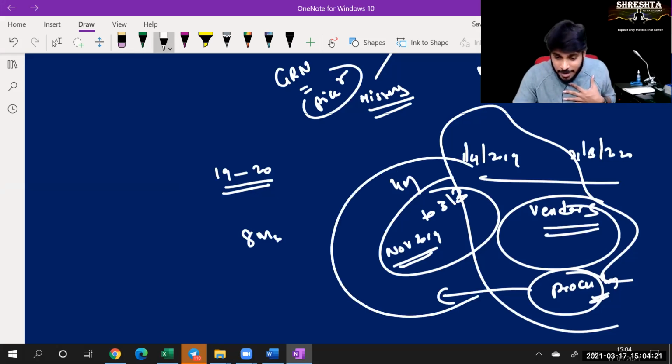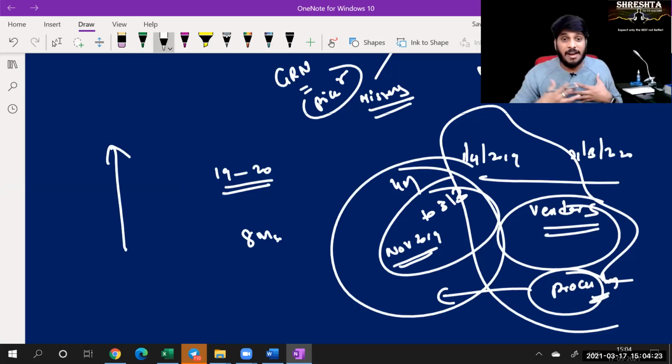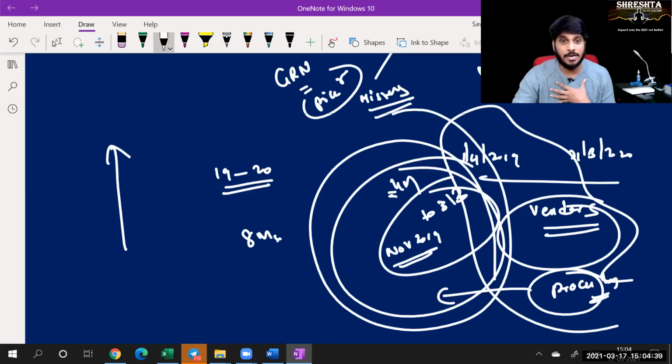If the time length is increased, my trust throughout the period will increase. That's what that sentence says. Suppose here the time limit is only 4 months. Only for 4 months was that control applied. Before that, it was not applied in that way, maybe it was applied in a different way. So the time length for which I am relying on the control will also influence my reliance. If the time length is more, my reliance on the control is also more. I can say it is more effective.